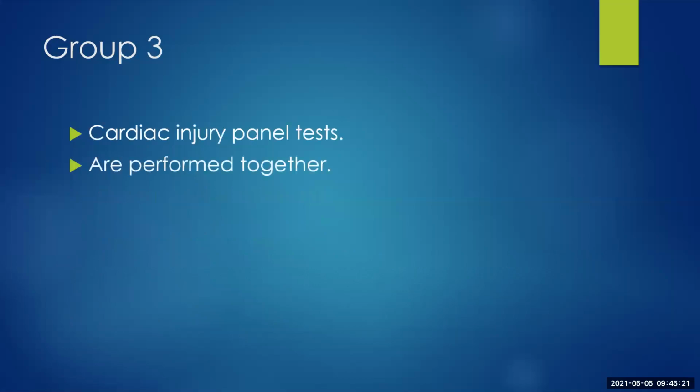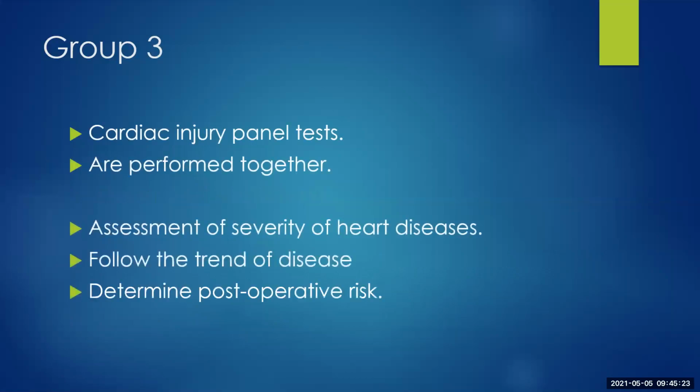So group 3 was where we spent most of our time, because it is the area where cardiac injury panels were studied. Group 1 and group 2 are only useful when we are assessing the risk. Once there is a cardiac event happening in the patient, group 1 and group 2 tests are not very useful. From that point onwards, group 3 tests are very important.